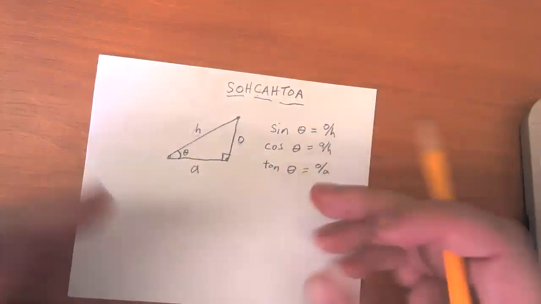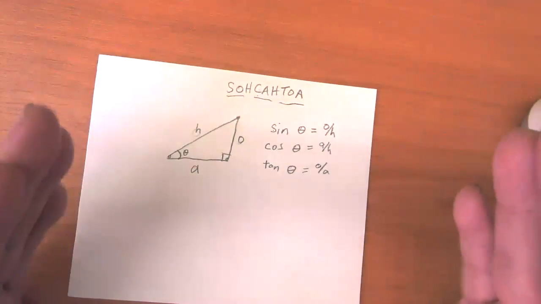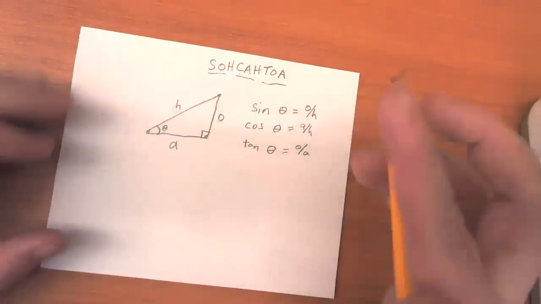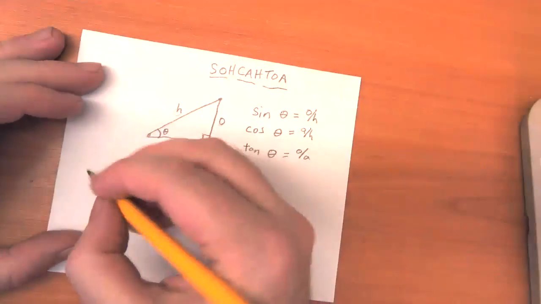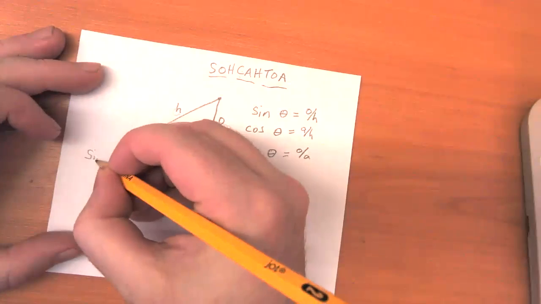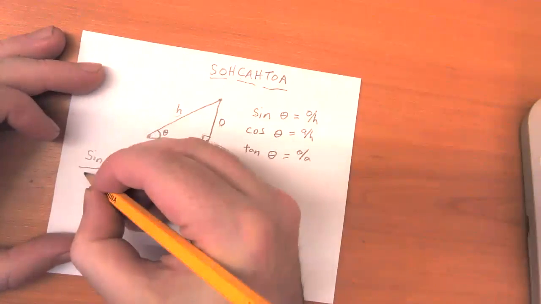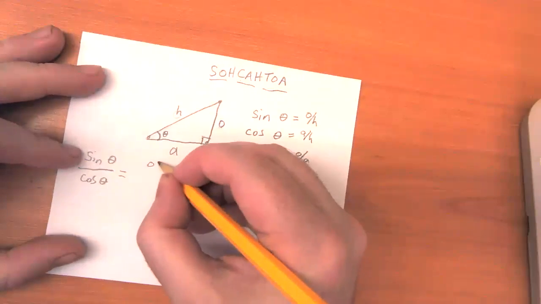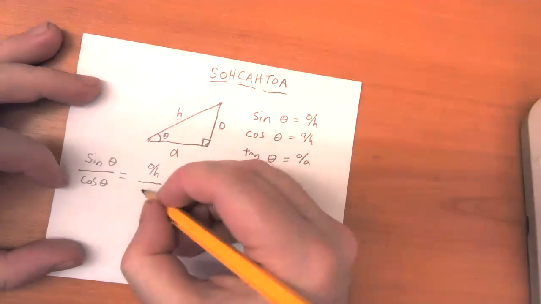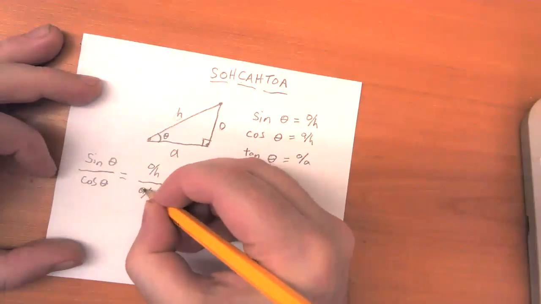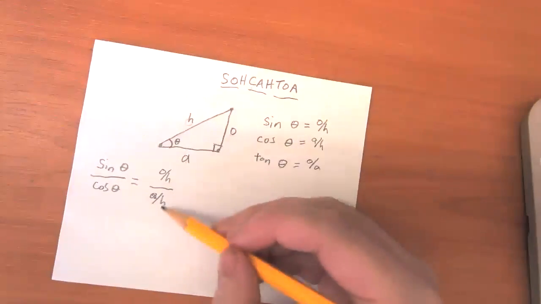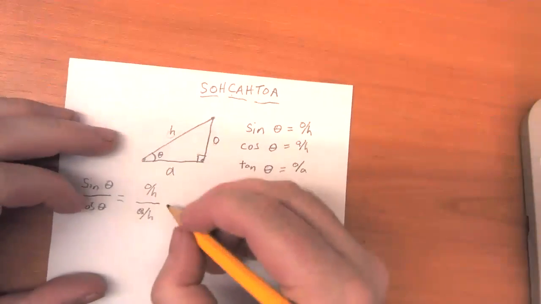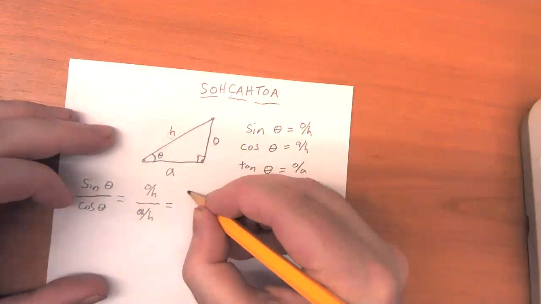There are a couple of basic identities that are very handy to know in calculus, and I'm going to deal with two of them right now. So for instance, let's think about the sine of theta divided by the cosine of theta. The sine of theta is opposite over hypotenuse, and the cosine of theta is adjacent over hypotenuse. We can either multiply both the numerator and denominator of this by the hypotenuse, or, if you're used to it and want to make use of your